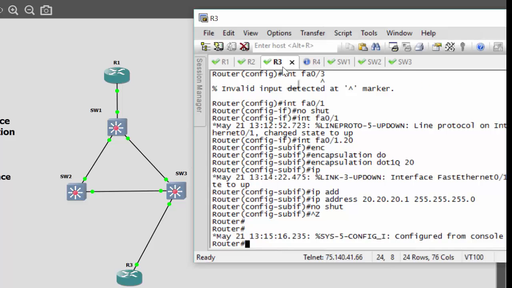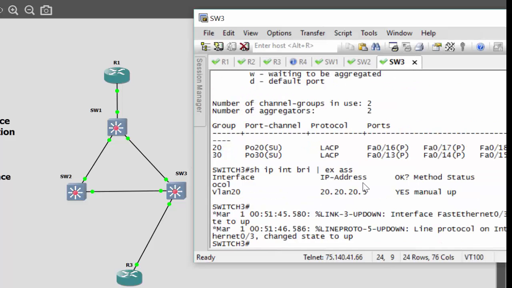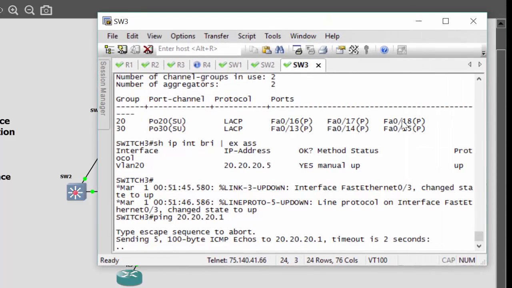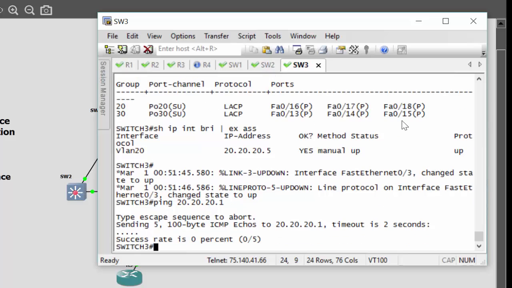And now if we go to switch number 3, we want to see if we can ping 20.20.20.1. Alright, the ping is not working. So now if you're at work and someone brings this up, you get a ticket or whatever, or someone says, hey, we cannot reach this router, or devices off the switch cannot reach the router or the internet. You need to troubleshoot that scenario. So the first thing we want to look for is the default gateway, because that's what the switch needs to get out. So we just show run pipe include